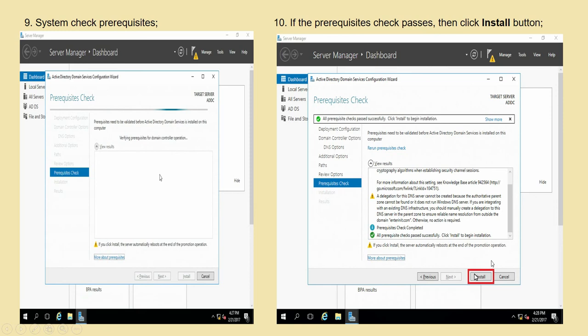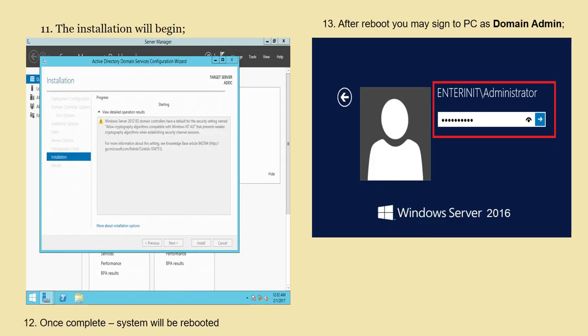The installation will begin. This is the window for your installation. Once complete, the system will be rebooted.